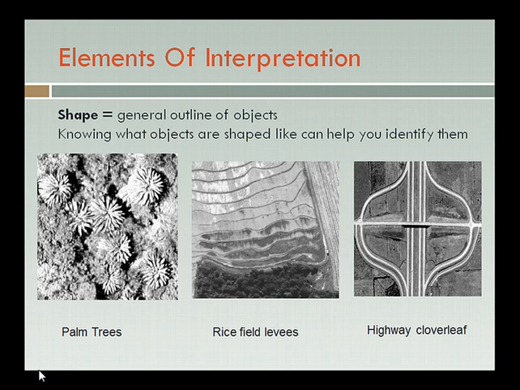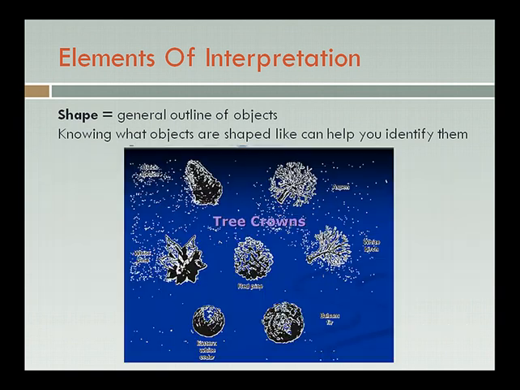Shape is another common characteristic that's used to distinguish objects from each other. And this might be another one of those characteristics that you tend to think, well, duh, of course I'm going to be looking at the shape of objects. But this can actually be a lot more complicated when you think. Particularly, consider that when photo interpretation was applied to forestry applications, really shape was the primary characteristic that they used to distinguish different species. Trees grow in different ways. Their canopies have different